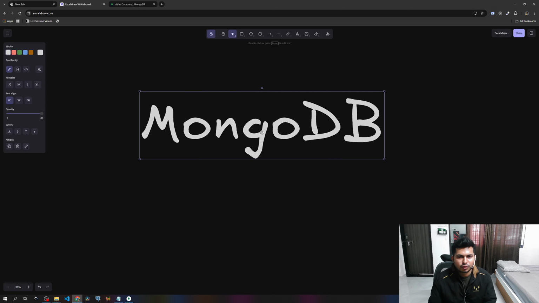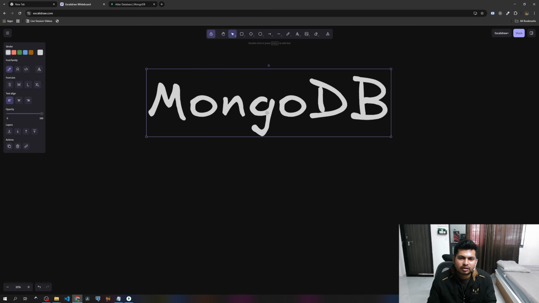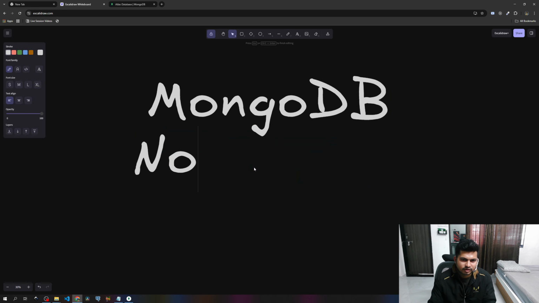MongoDB is a NoSQL document database, and it will store data in flexible JSON-like documents. So what is NoSQL? Let's see. It's a NoSQL document database. SQL, NoSQL,